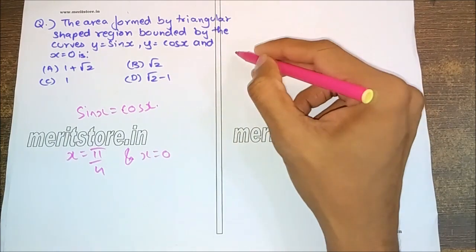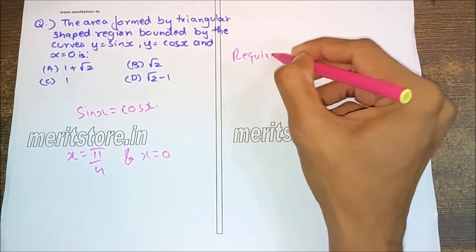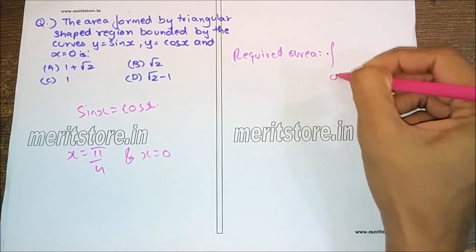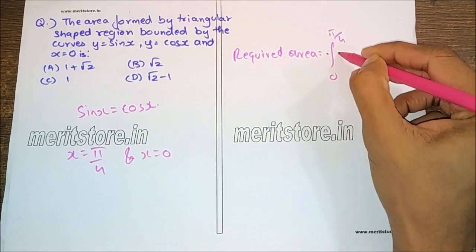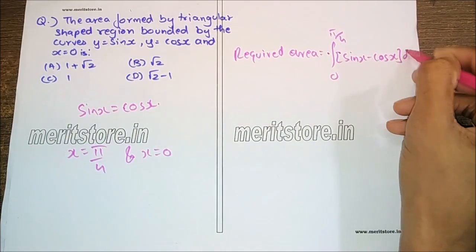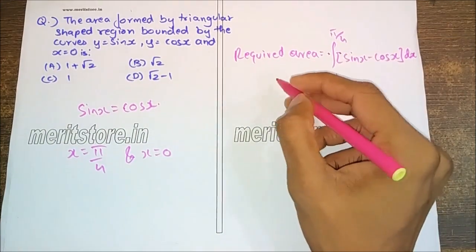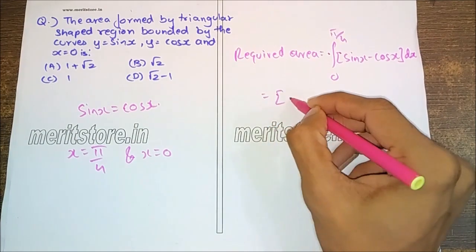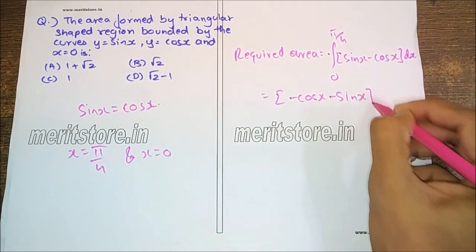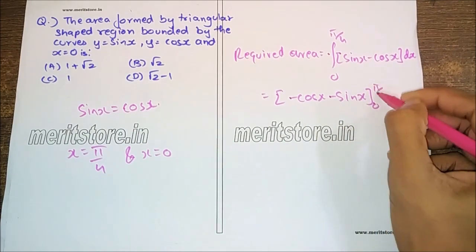So required area is equal to integral 0 to pi by 4 (cos x minus sin x) dx. Integrating, we get